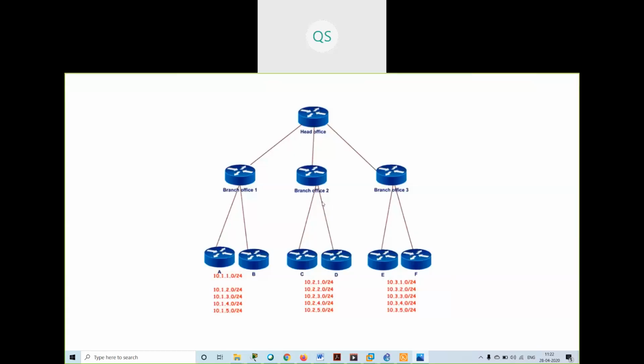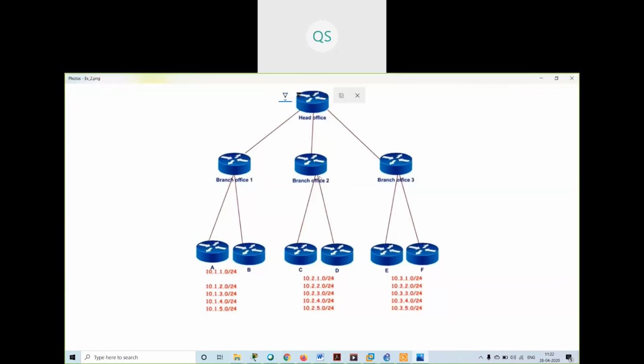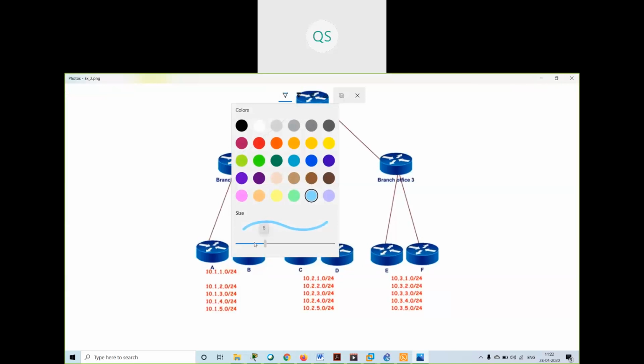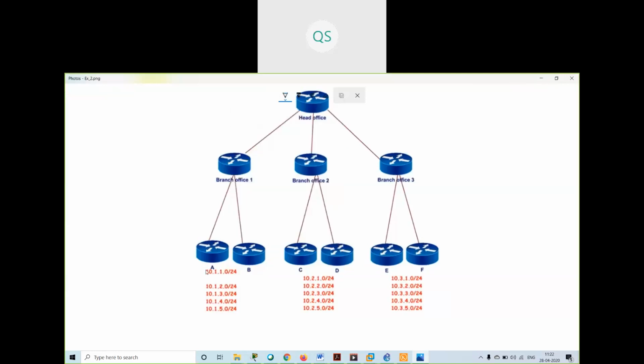See, I will explain you with this example. Suppose I am having multiple branch offices that are connected to my head office. I am having 10.1.1 network, 2 network, 3 network. So basically I'm having 10.1 network in this branch, /24, and over here I'm having 2 network. Over here I'm having 3 network. Okay, 3.1 something. Okay, so now